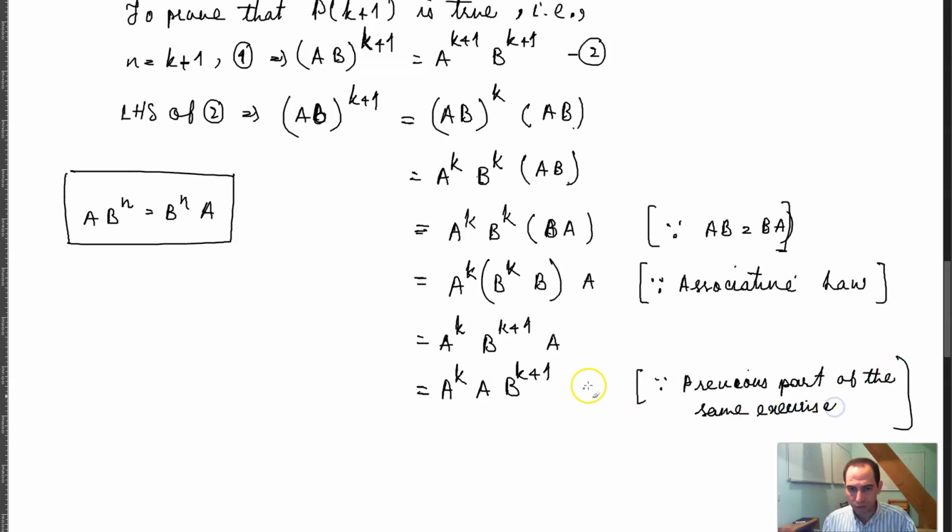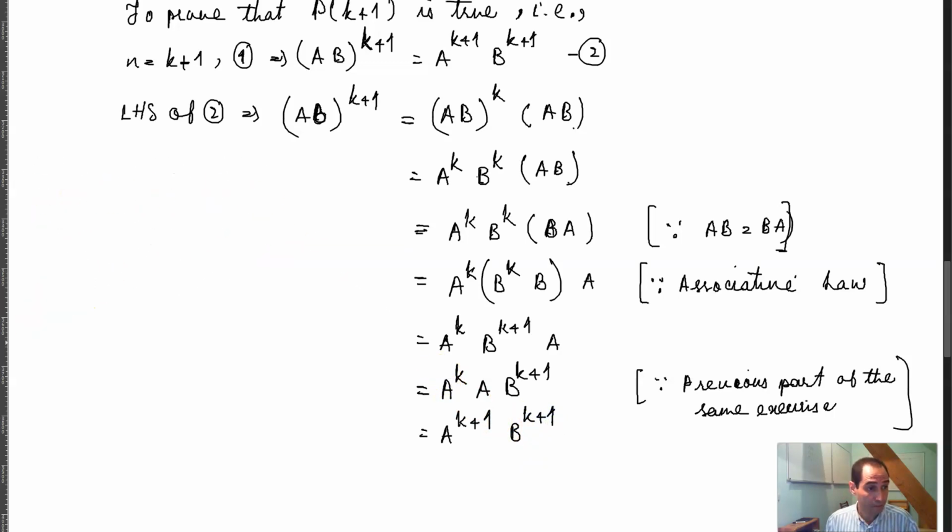Right, and then you can write this as A raised to the power k plus 1 times B raised to the power k plus 1, and that's what we wanted to prove. This means that AB whole raised to the power k plus 1 is equal to A raised to the power k plus 1 times B raised to the power k plus 1, which proves that